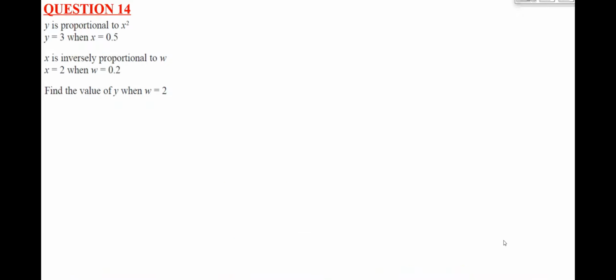Question 14. As far as question 14s go, this is really hard, I think. It's about proportion, but it's a combination of proportions. We've got y proportional to x squared, but then also x is inverse proportional to w. So this is actually quite a nasty question, but let's just take it step by step. So let's start with the first line. So it says y is